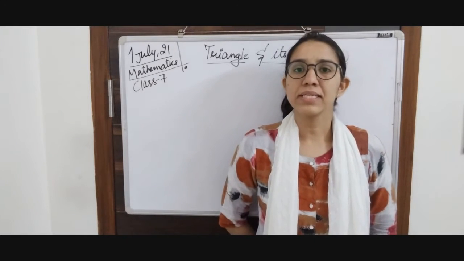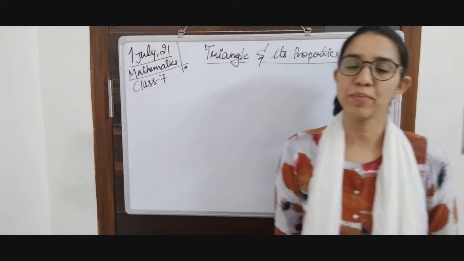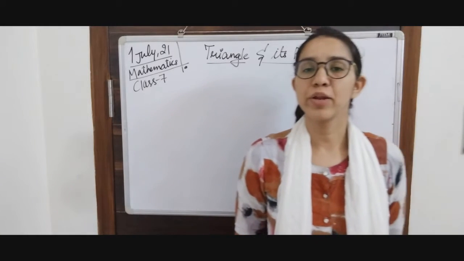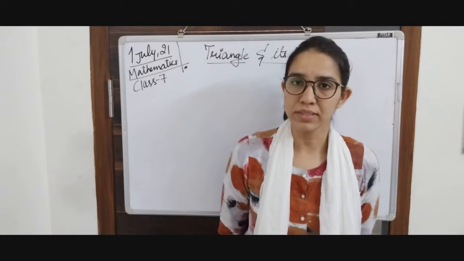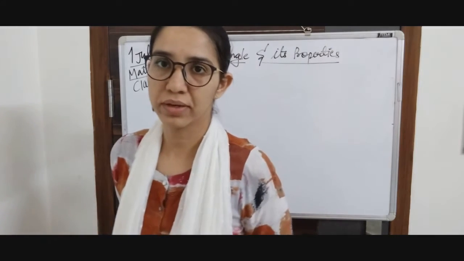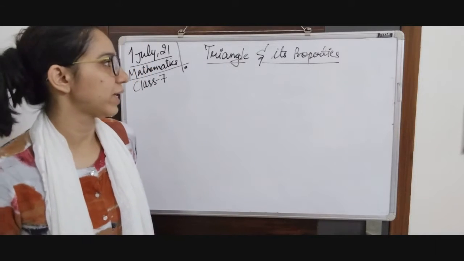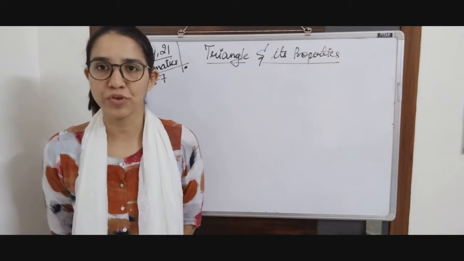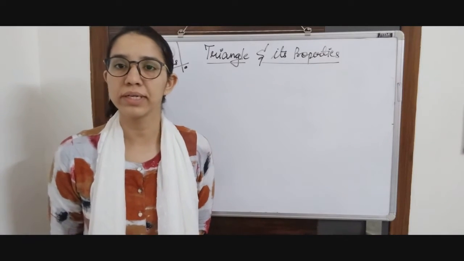So in our last class, that is in 6th class, we discussed basic elementary shapes and understanding those. In those we talked about polygons, and in polygons we talked about triangles and quadrilaterals. In today's class we are going to talk more about triangles and the properties of a triangle. But first we are going to recap a bit of what we learned in 6th class.